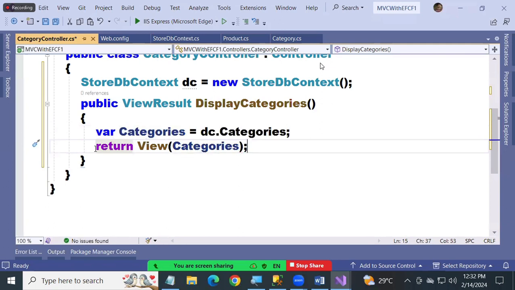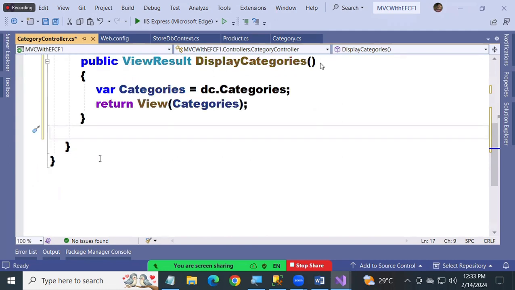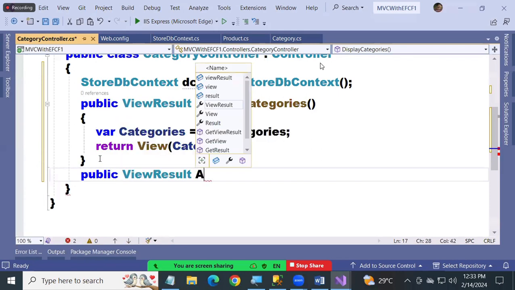Categories. Actually, I don't have any images or anything here, just a simple 3 columns, that's all. So I don't want display single now. No need again. An image is a big size image to show, but with 3 columns, I'm feeling that I don't want a display category of category ID. I'm skipping that one. Directly I'll go on, add public, view result, add category,